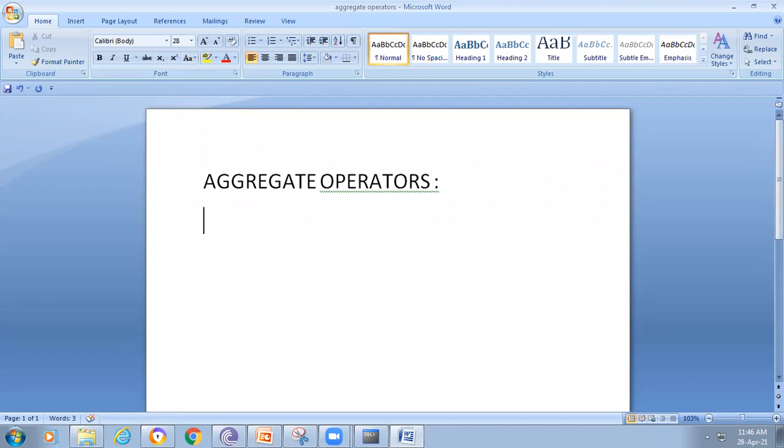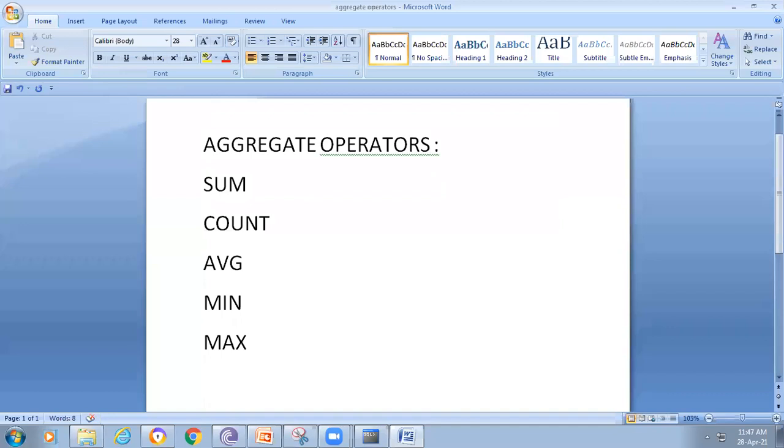Here we consider five functions: one is sum, another is count, another is average, and we are also able to find the minimum value and the maximum value. These are the five aggregate functions.